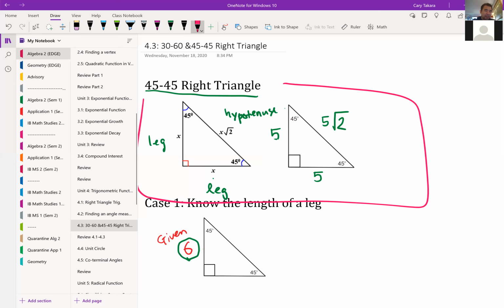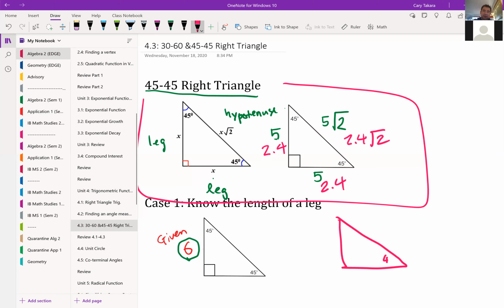If one of the legs is 2.4, then what's the other leg? 2.4. They are always the same. And then the hypotenuse is going to be what? 2.4 square root of 2. You get that? You get the point? In other words,